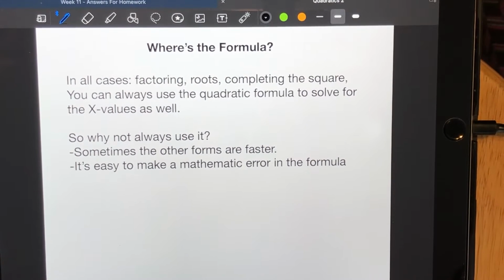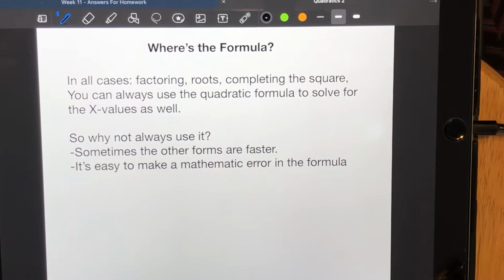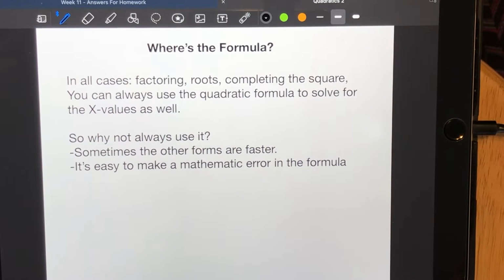As we move through solving quadratics, we've learned how to find the solution, the roots, the zeros. That all means the same thing, by using factoring. We've learned to do it by just finding the roots by using square roots. We've learned how to complete the square by making it factor into a perfect square trinomial. And so then we ask ourselves,